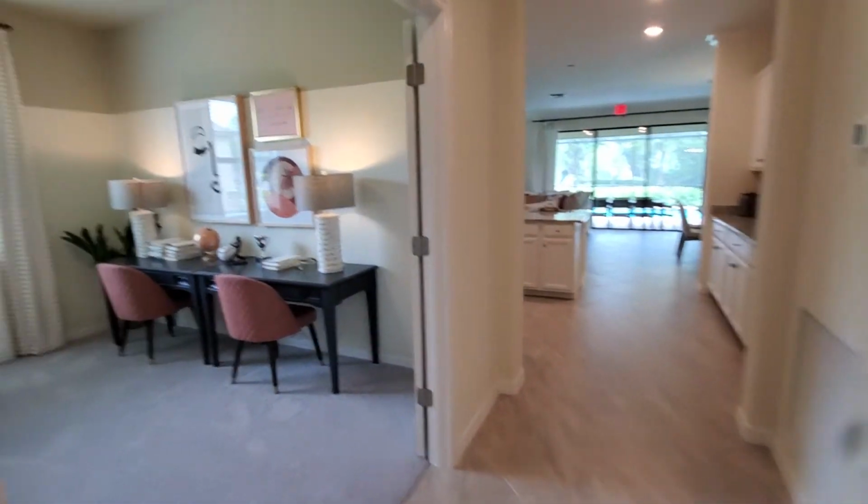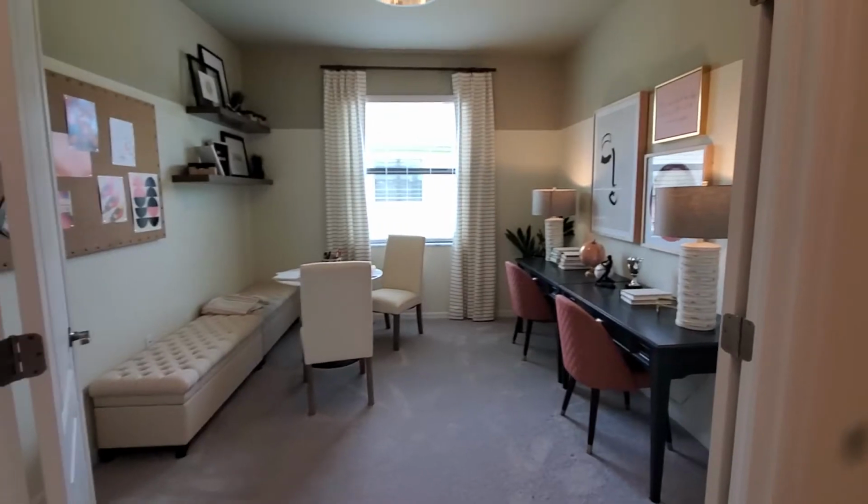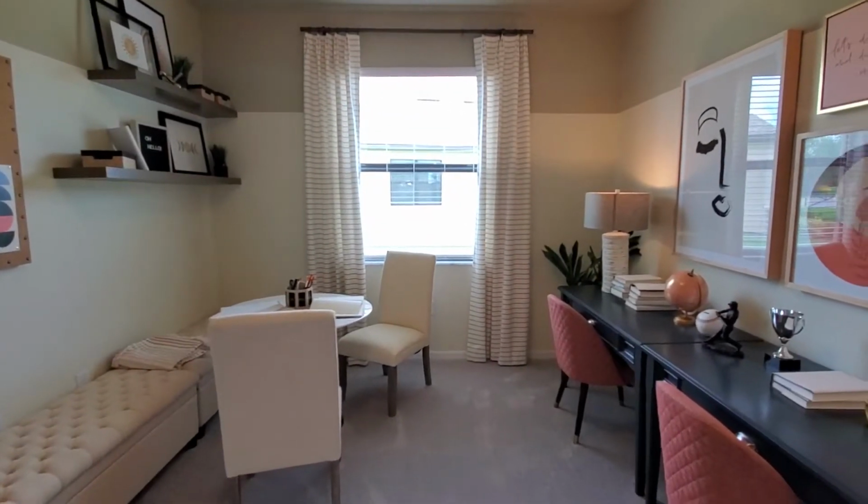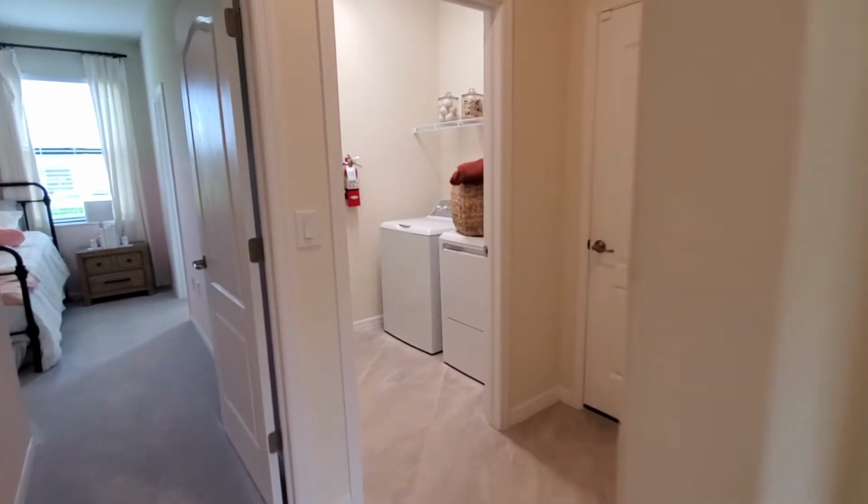Now coming back out of this guest bedroom towards the entryway, on the left-hand side here is going to be your den. So we got a nice sized den here. It is a true den. There is no closet in this room. And then directly across from the den, we've got your